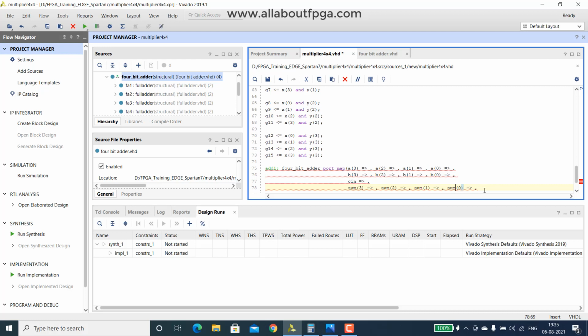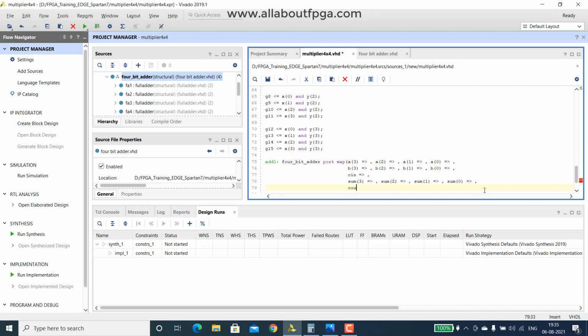Okay, fine. Finally we have that C out. So that's it. So within this we have to declare what will be that A of 3, A of 2, A of 1, everything we have to assign. That is nominal port mapping.